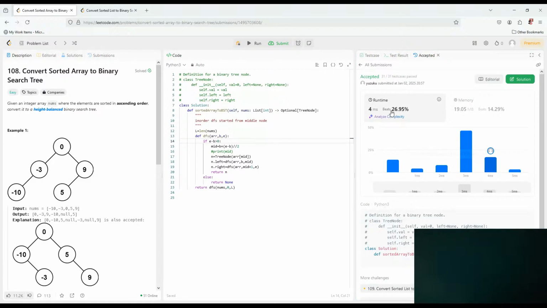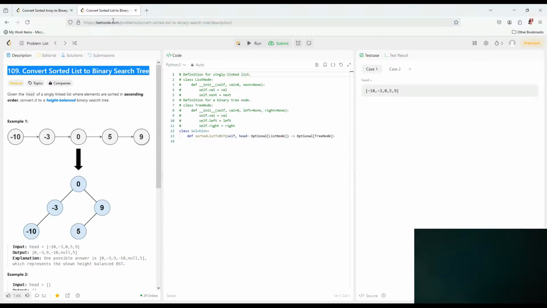Slightly better, like 26%, but still not good. Why? I wonder why. This is because of calling an internal function. Okay, it doesn't matter. I think it could be some internal LeetCode thing. Let's switch back to another one, which we have to work with